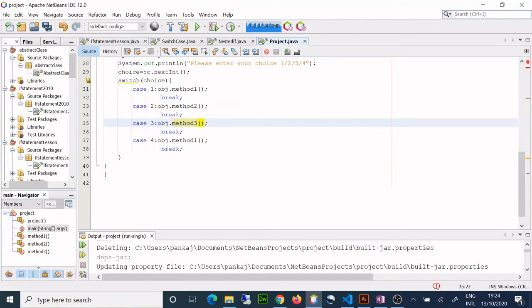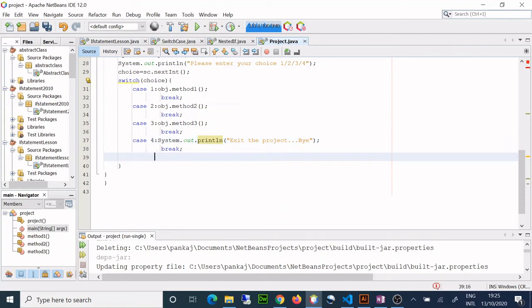I will just simply say println, and I'll say exit the project, and I'll write bye. Okay, so break, and then comes, as you know, default in case the choice is not this.